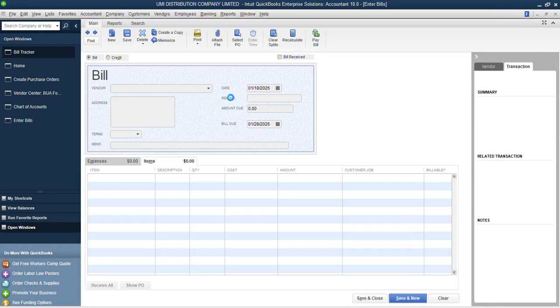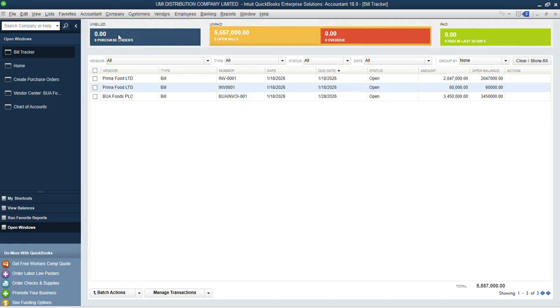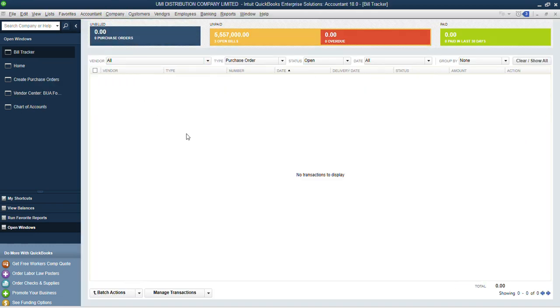So receiving this item, I can as well use the same invoice number. So this is it. I will just do 001, I guess. So I'll just save it and save and close. Yes. So you can see that it has cleared the purchase order that was still outstanding, and here we